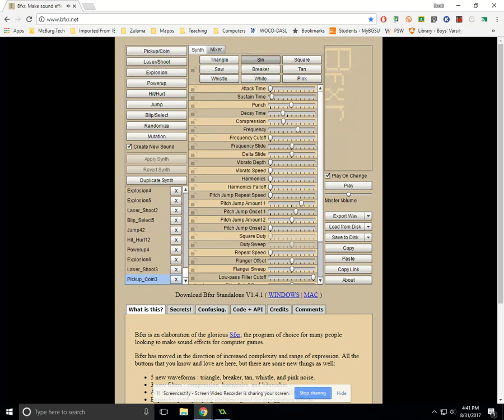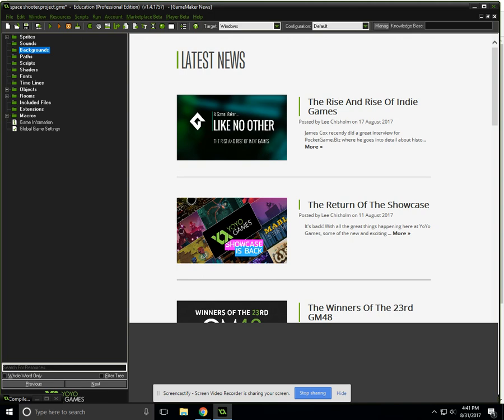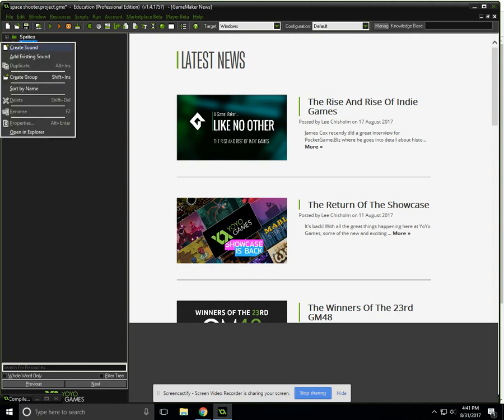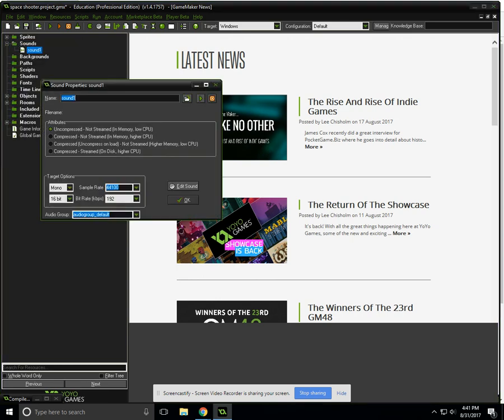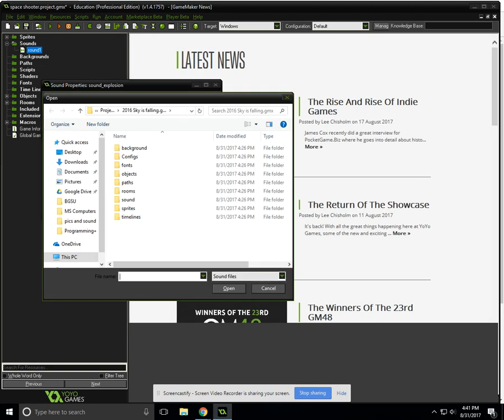as you can see, you can make all kinds of sounds on this thing, and then you can just say export wave, and it goes right to your file wherever you tell it to go. So with that said, I'm going to jump on over to my file, and on sound, I'm going to right-click, create sound, and we'll start off with sound explosion, and we're just going to insert file over here, and